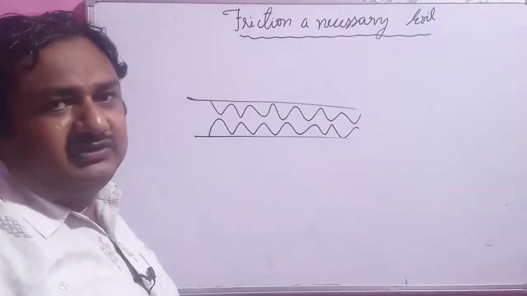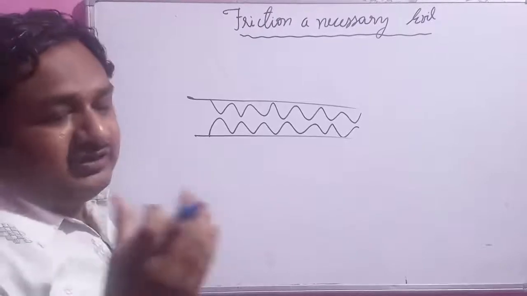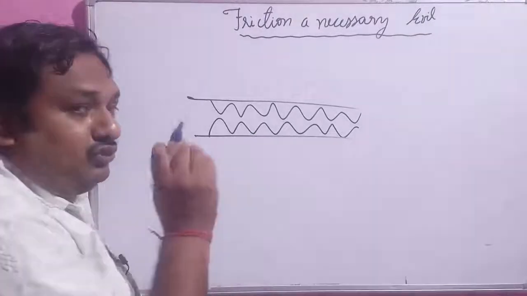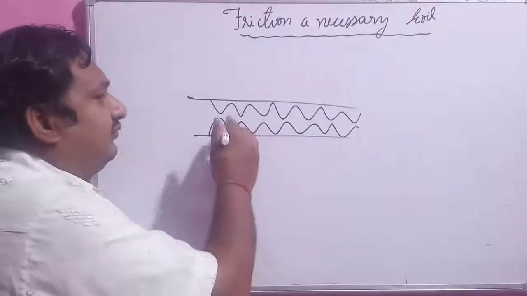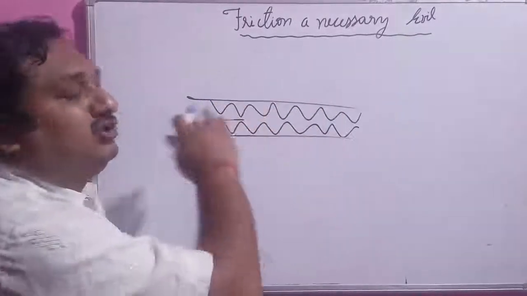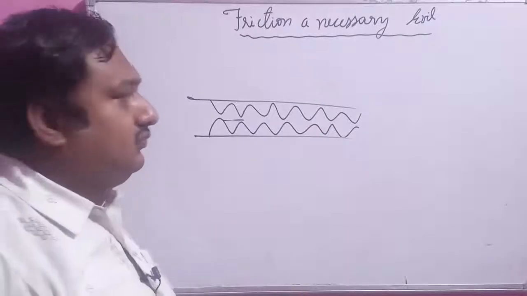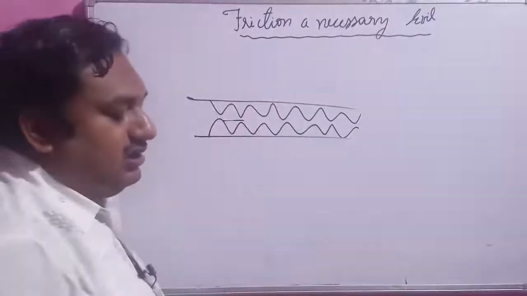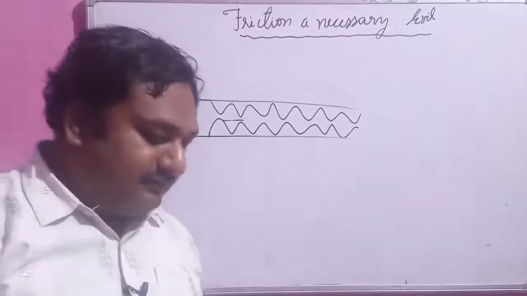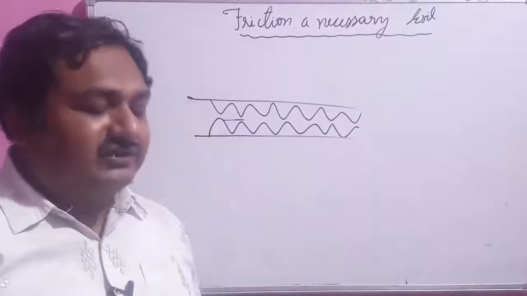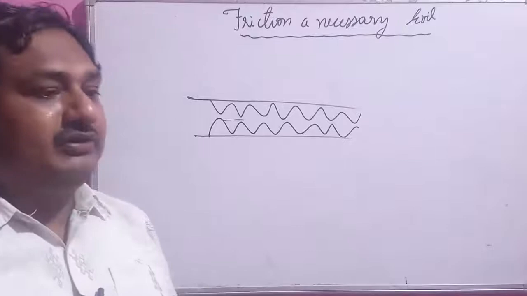This can be done in a variety of ways, so we are going to learn those ways. In all of the techniques our basic aim is to fill this valley, or reduce this valley, or cut this valley. Here these things are going to be done by different methods. So the first method is making the surface smooth by lubricants.